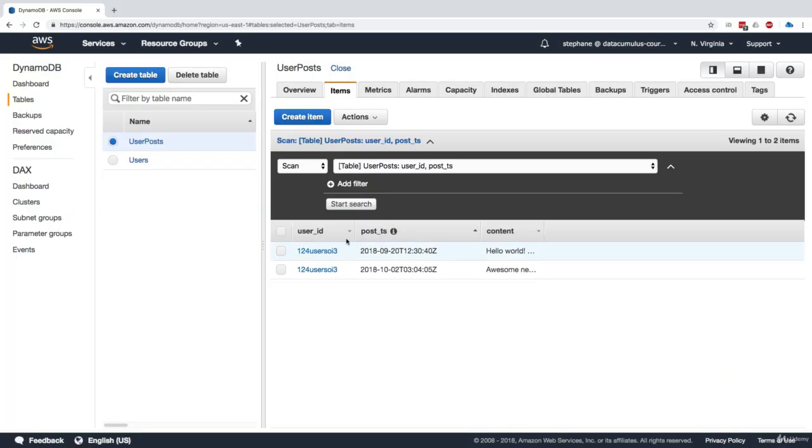And so now we can see that our user ID right here is the same for both these rows, but because our post timestamp is different, this is our sort key, then we're basically fine because the combination of user ID and post timestamp is unique. And the idea is that now our posts are going to be sorted by post timestamp within a particular user ID. And so that's the whole power of DynamoDB here. So it's just to get started, but here we saw basically how to create tables, how to provision them, how to have either a primary key or a primary and sort key. And so that's it for the basics. Let's go to the next lecture to talk about throughputs.